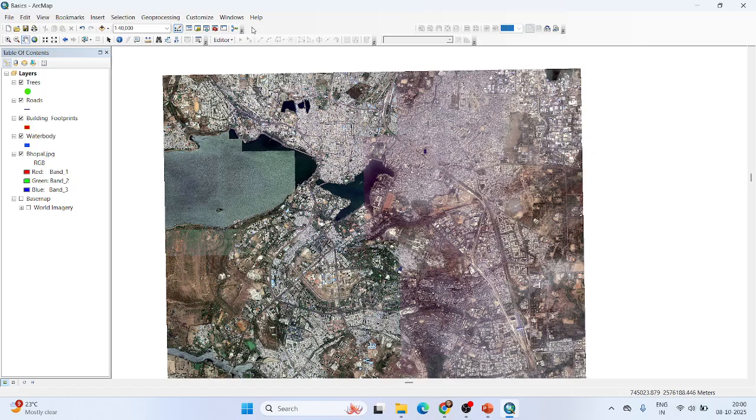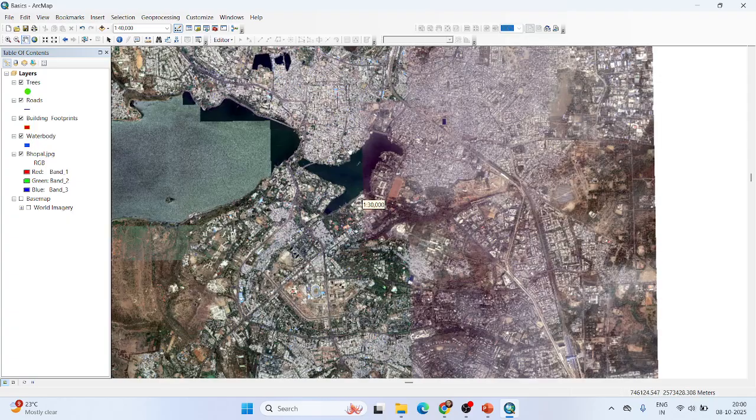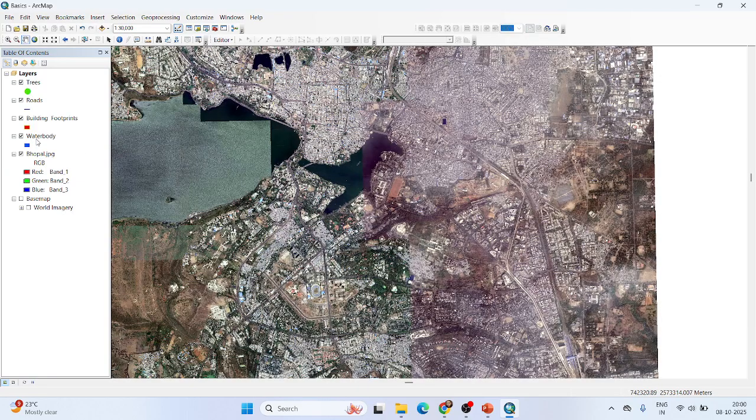Clear, right? Now this editor toolbar needs to be on. Now we have created the shapefiles. We have asked GIS, okay, we want to map water bodies, buildings, roads, trees. Now we can start mapping. But how to tell GIS whether we are mapping buildings or water body or roads or trees? So this is where